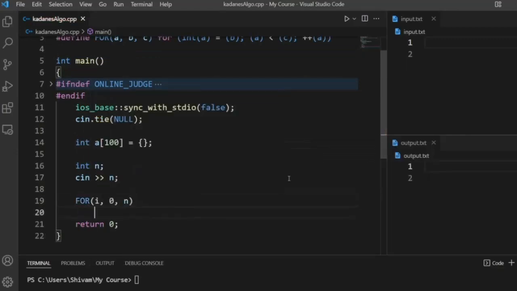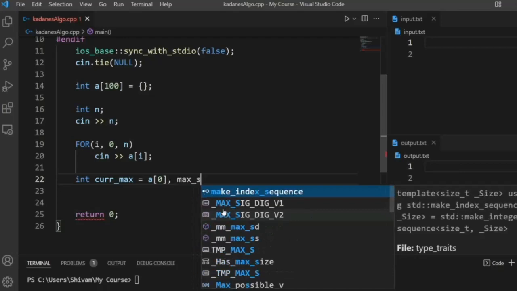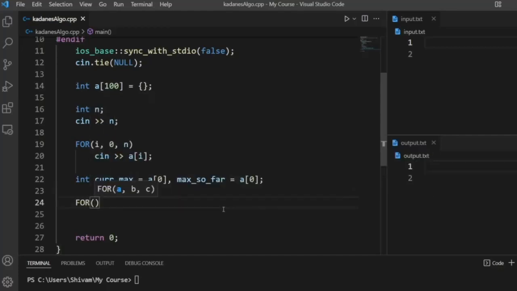Here we will take elements in the array. Then, as per the pseudocode, we will initialize current max and max so far. Then we will run the for loop again